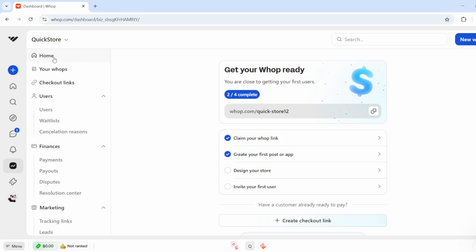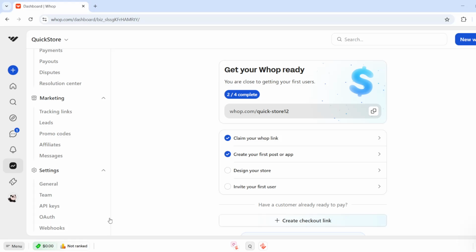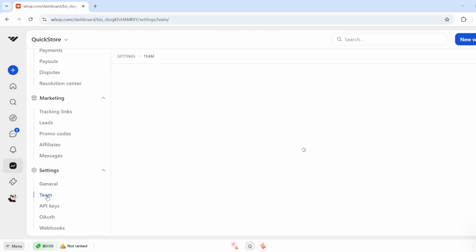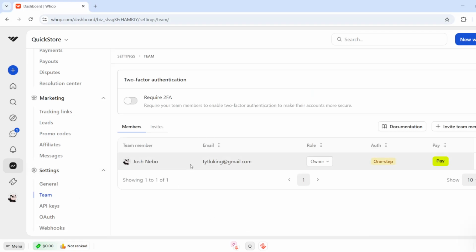First things first, open up WAP on your preferred web browser. Make sure that you're logged in with your profile as well. And now from the dashboard of your WAP, on the left hand side and from this menu, you'll scroll all the way down until you see the settings part. From this settings, you will click on team,